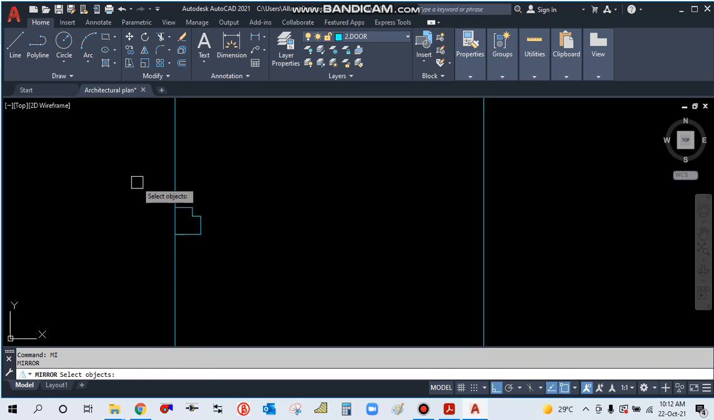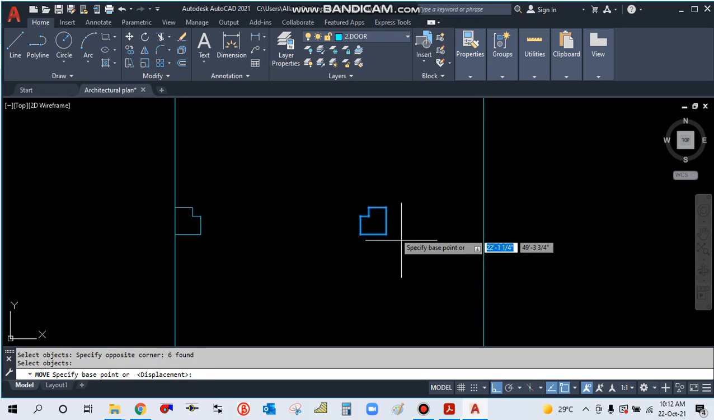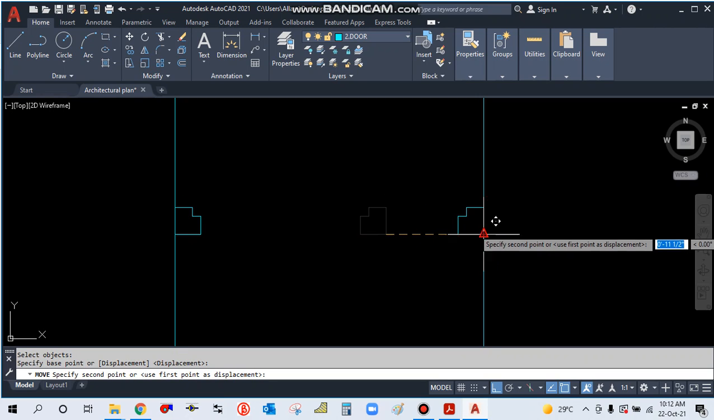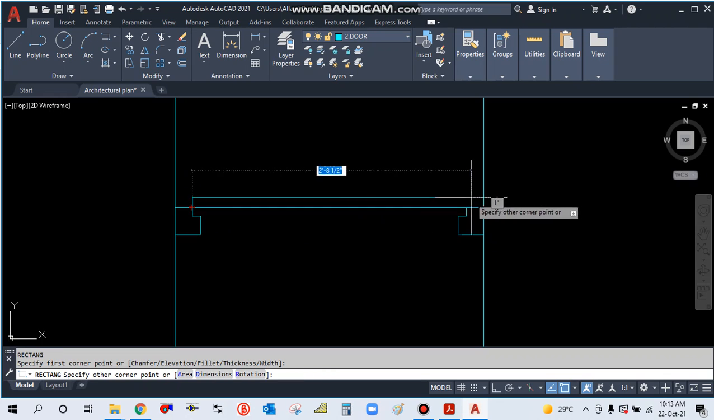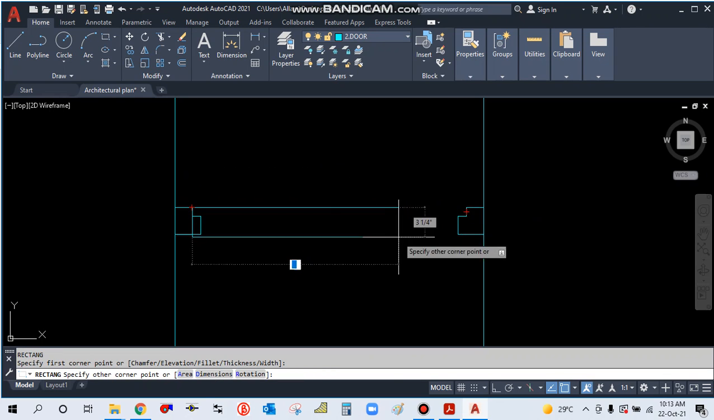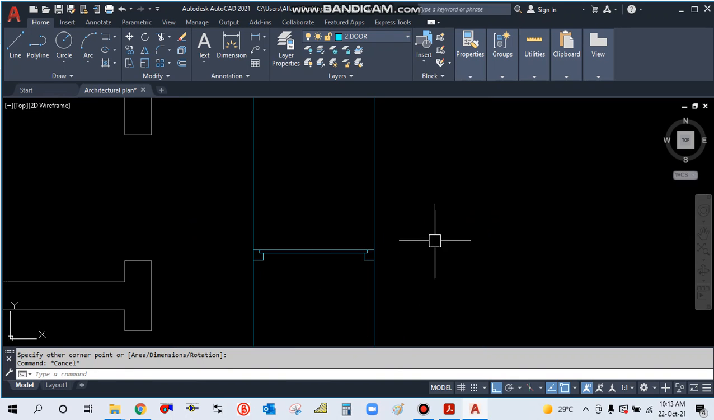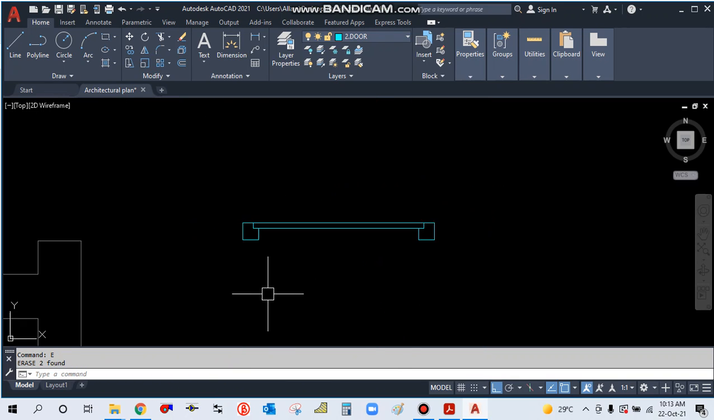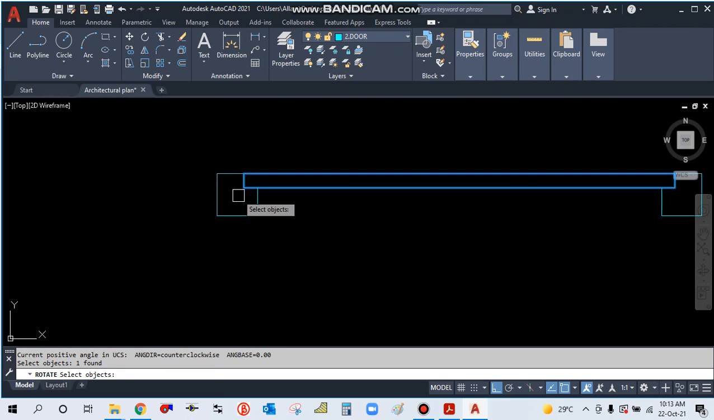Type MI, select object, first point, second point. No, we don't want to erase the source object. Just move this, put it on this line. Okay, draw the door panel, type REC to here. Okay, now remove these two lines, rotate this panel, type RO,